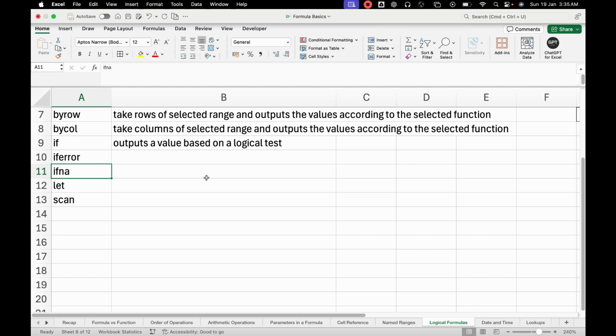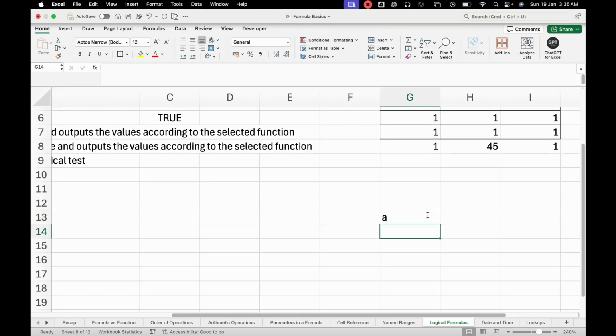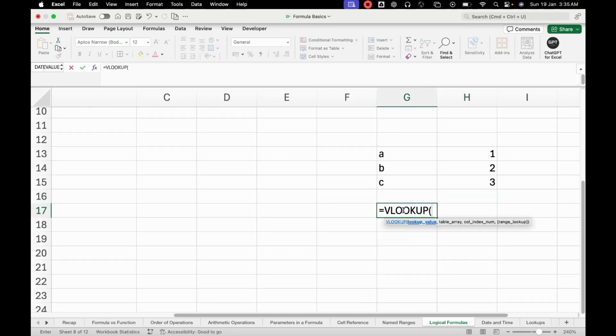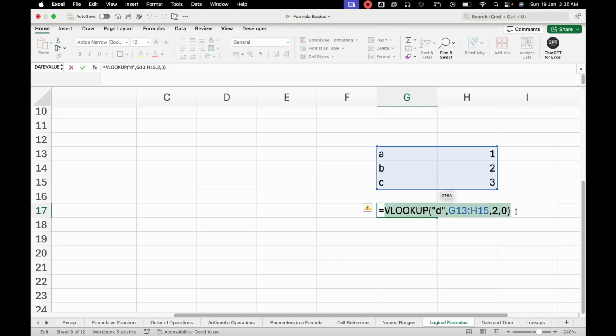Okay, now let's see IFNA, right? Let's say I have A, B, C here, and then I have 1, 2, 3 here. I'll use VLOOKUP here because that's the only function I know that will give me that value. Okay, let's see. You don't have to understand what I did with the VLOOKUP if you don't already know. But VLOOKUP is giving me an NA error, not available error, because there is no D in the selected range,